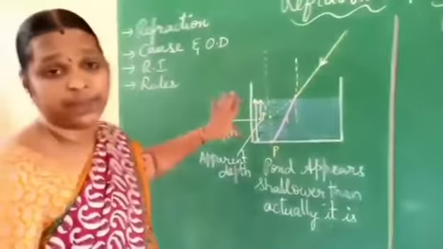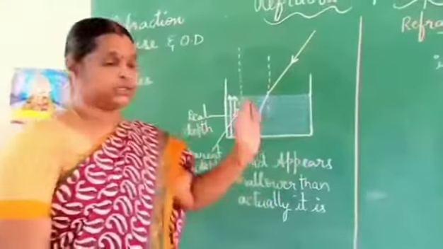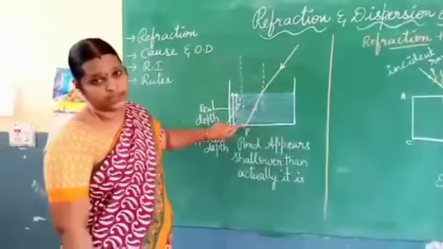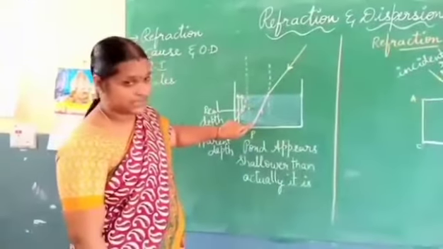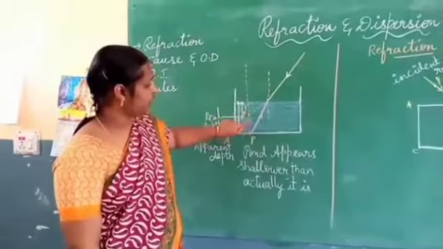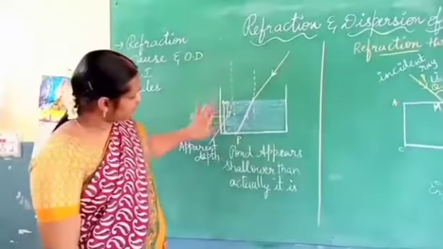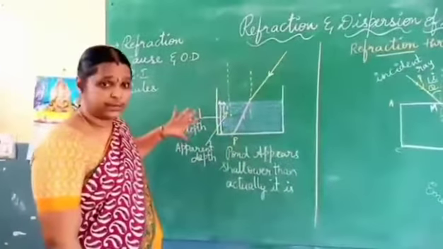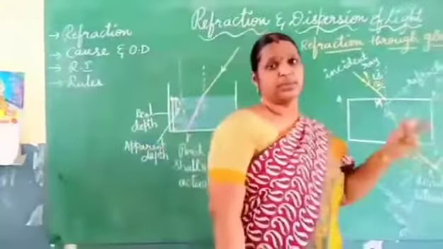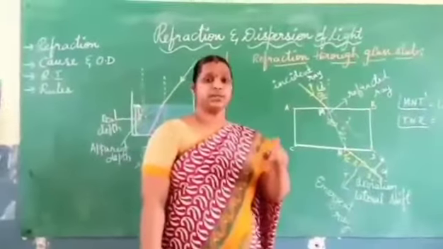The same thing happens in the pencil that I have shown. When we dip a pencil in water, actually the real depth will be down, and the tip of the pencil will be showing towards the down part. This is denser. When it is moving from denser to rarer, it is moving away from the normal. So this becomes a normal. That is why it is appearing shallower. In the same way, even when you place a coin, it appears the same. All these are because of the refraction which is taking place, either in a pencil, or a pond which is appearing shallow, or a coin which is kept in the water.